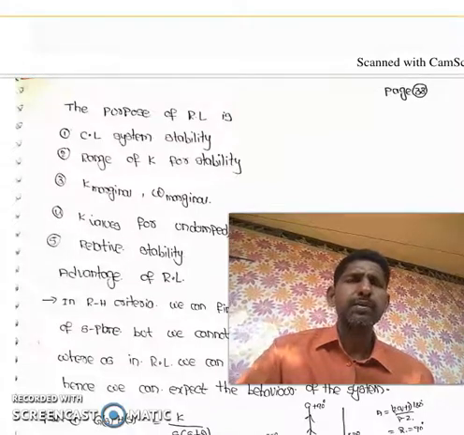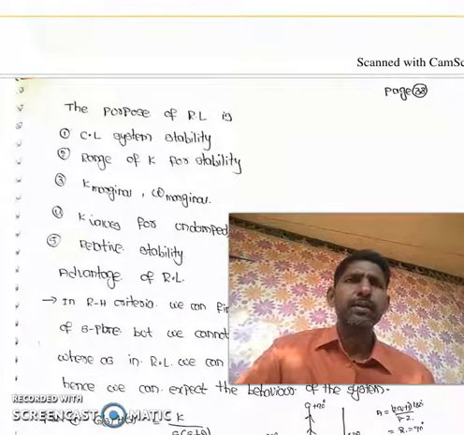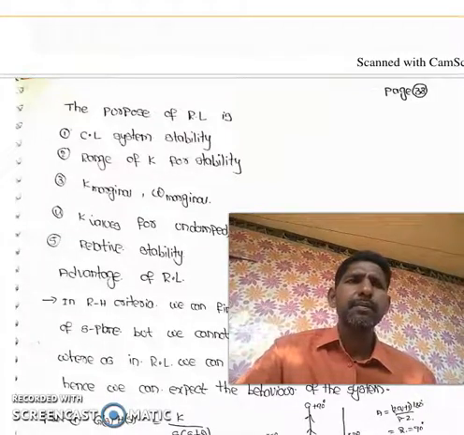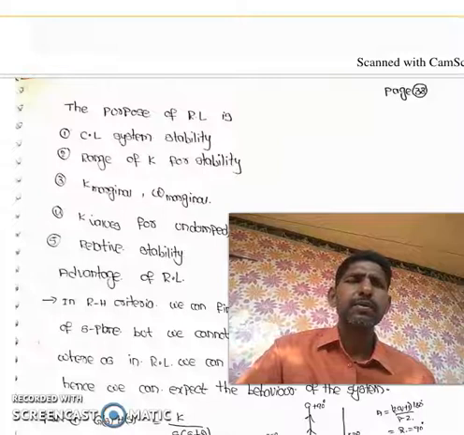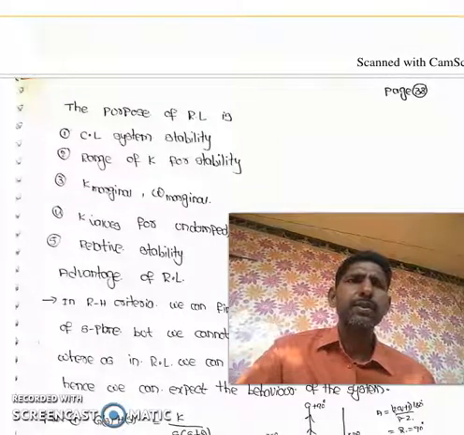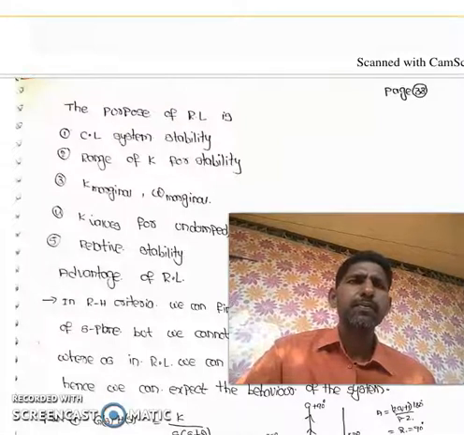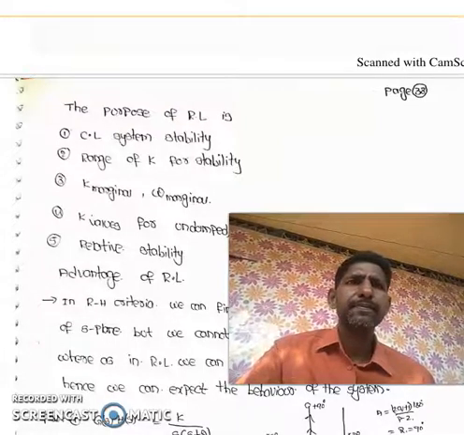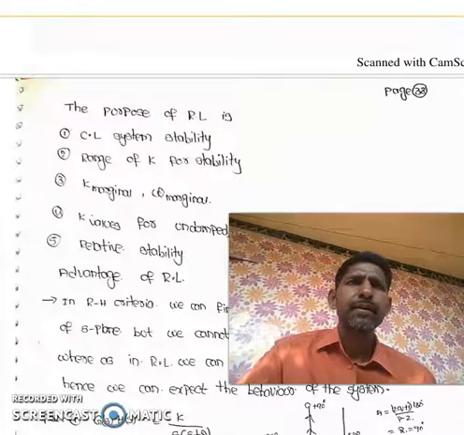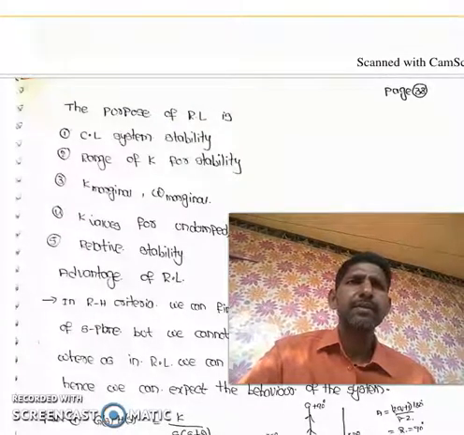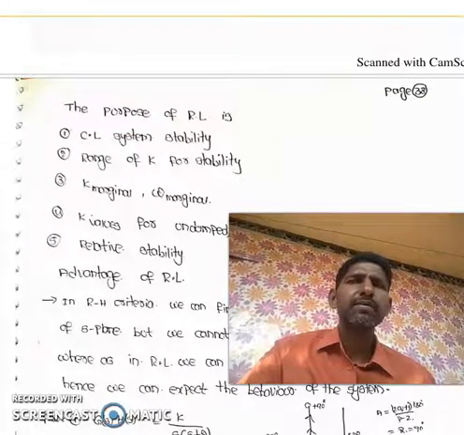Dear students, today we would like to discuss the purpose of root locus. The main purpose of root locus is to find the closed loop system stability by considering the open loop transfer function, and to find the range of k values for stability, to find the marginal k value, and to find the marginal frequency,